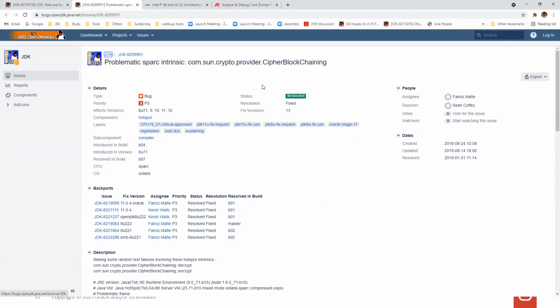This scenario has something called intrinsic code. In the JDK, there are some native functions which will be called based on the platform. What happens here is, to speed up, cipher block chaining, if you know cryptography, has to do 128 cycles to generate a key, basically to encrypt or decrypt. It has to do a lot of iterations on your data.